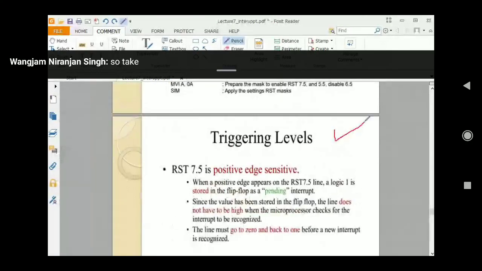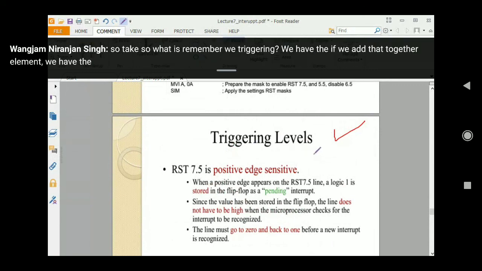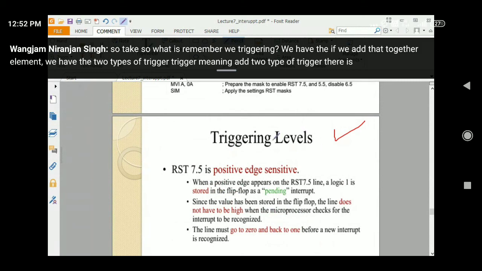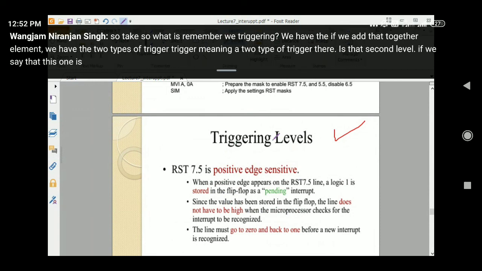So trigger enable. What is meant by trigger enable? If we have trigger enable, we have two types of trigger. This is very much applicable to the clock cycle.